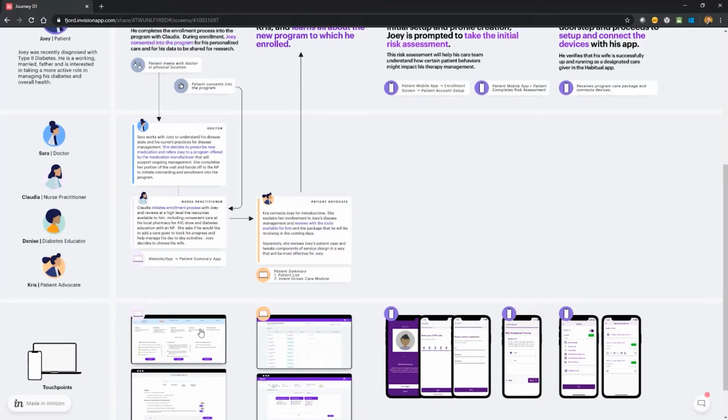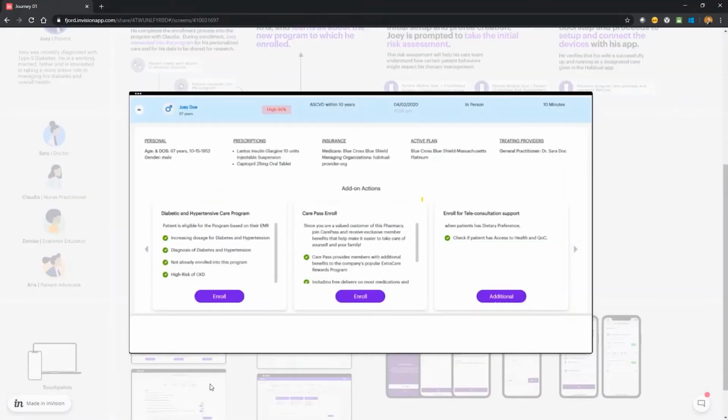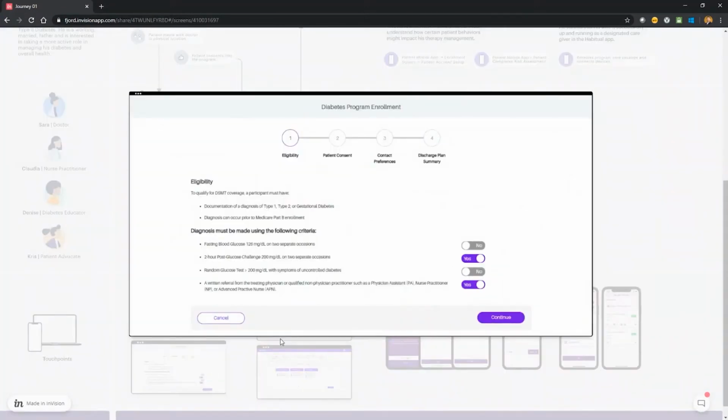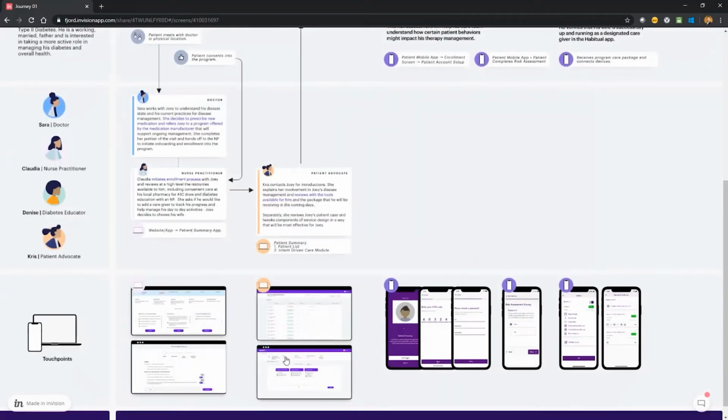during that visit. Claudia works with Joey to enroll him into the program and gain his consent. During this time, she also gains his consent for his data to be used for research purposes on the back end. Claudia asks if Joey would like to add a caregiver to his profile, and he decides to add his wife, as she can be that extra nudge for him when he's going a little bit